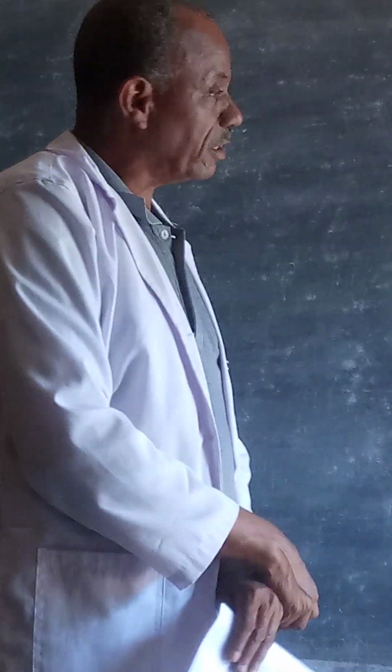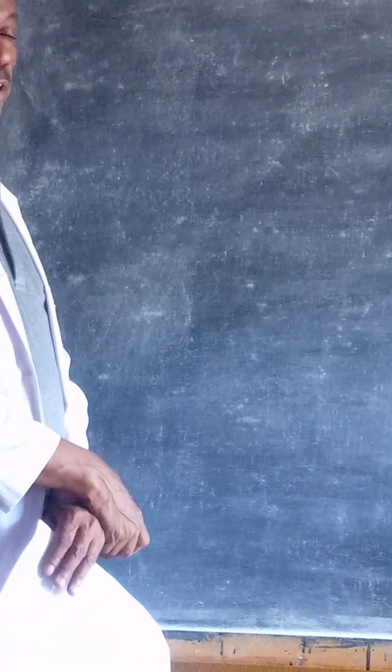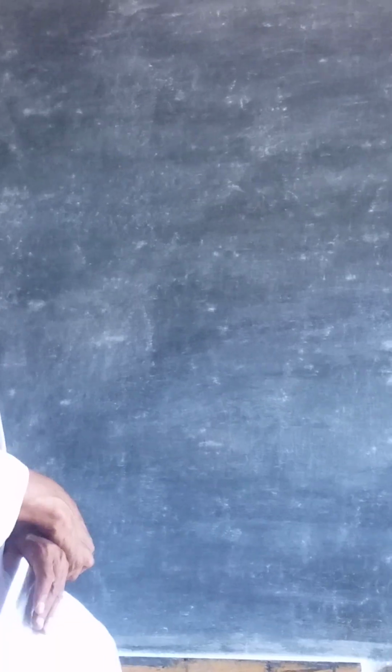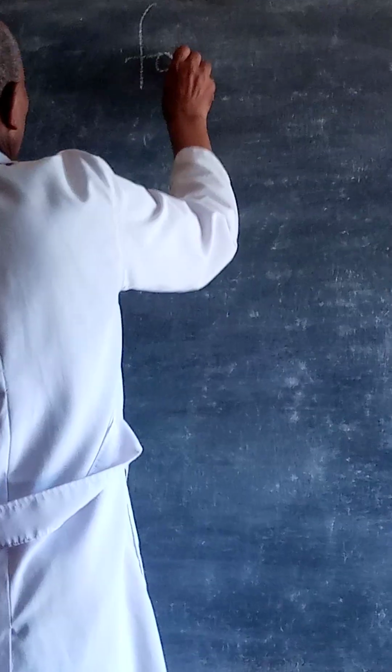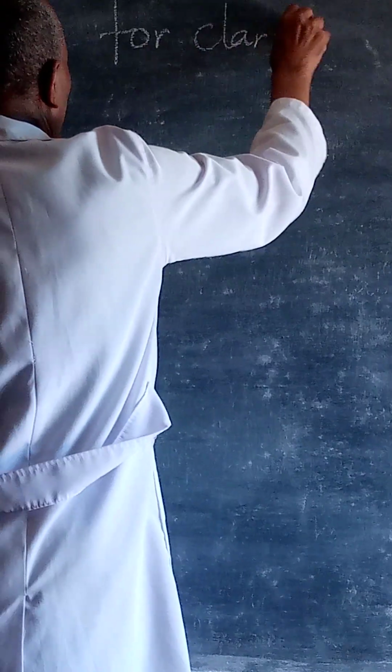This is our third lesson. Today we are going to look at the plural forms of nouns ending in Y. Under this, we are going to clarify what the plural forms of these nouns are. So this is just for clarity, not for all things. For clarity means to avoid ambiguity in forming the plural forms.